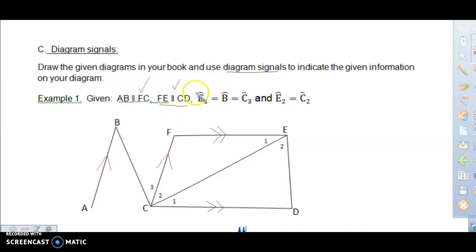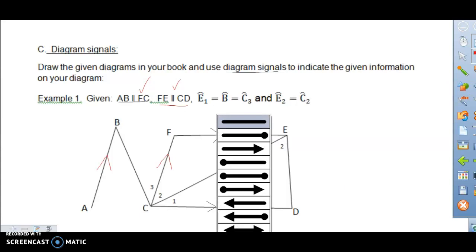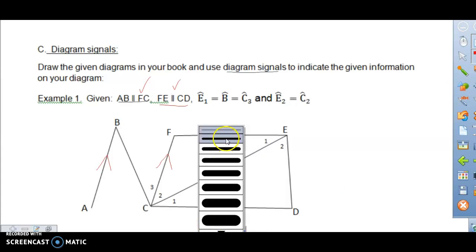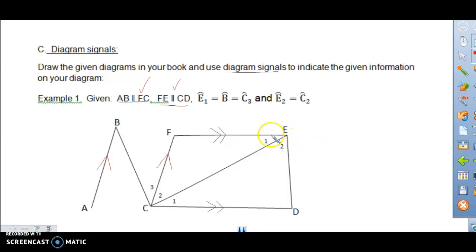So now I have to put in this information. That means I'm talking about an angle. So it's angle E1. Where is the angle? E1 is the angle that's formed there. So that angle is from there to there. So you can use various things for angles. So I'm just going to use arcs. I'm going to make my line a little bit thicker so that you can see. Let me go there. So I want to show that angle E1, which is that angle from there to there,